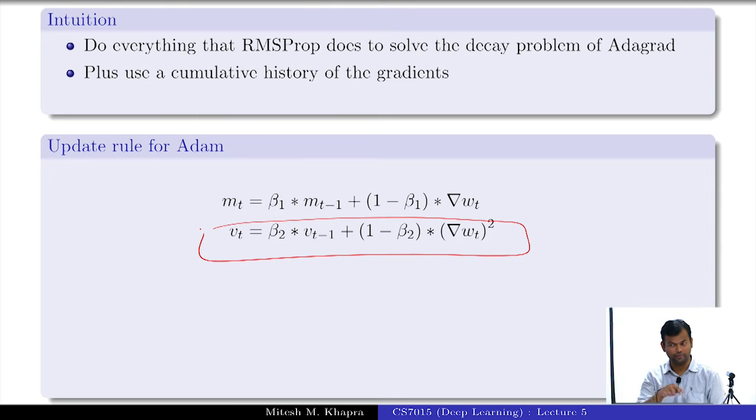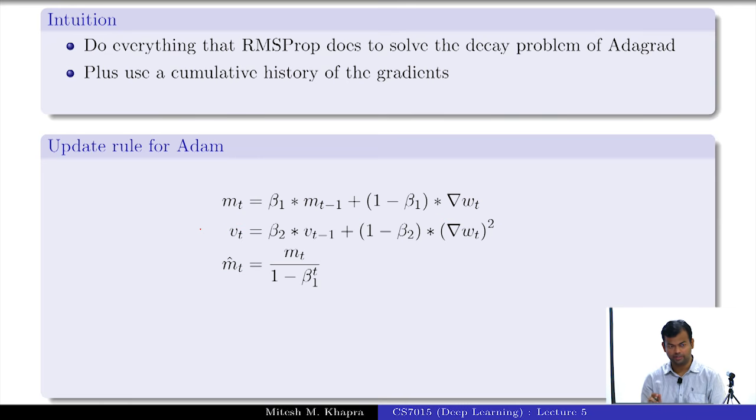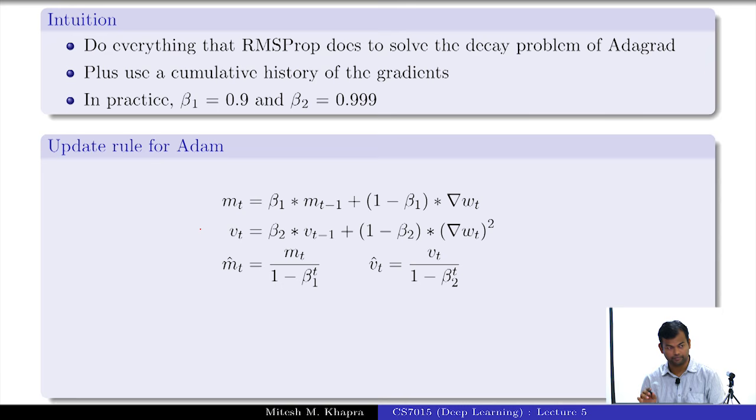Okay. So now there's one more step which I'm going to ignore. I'll just say what that step is and then I'll come back to that later on. This is something known as bias correction. Just ignore it for the time being. I'll come back to this discussion. Just assume that I'm taking MT and dividing it by some quantity. So for all practical purposes, I'm just using MT, just dividing it by a quantity. Just for now, that should suffice. And then my final update rule is going to be this.